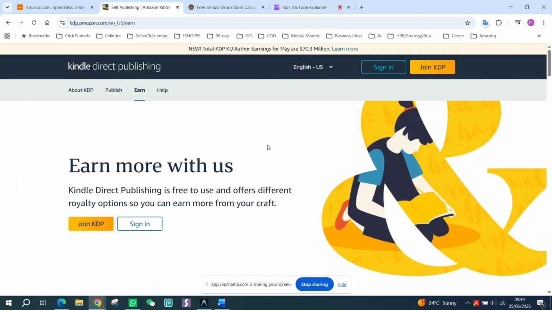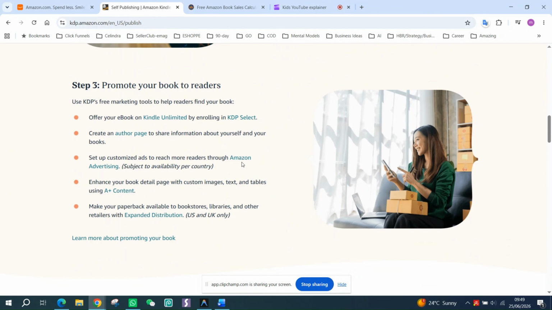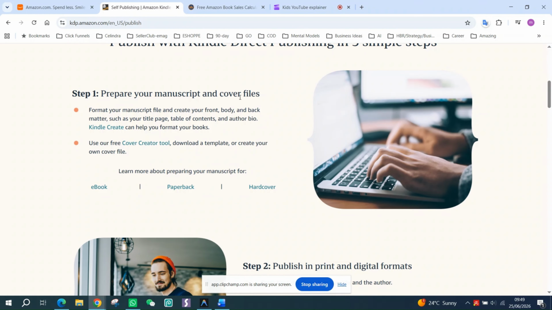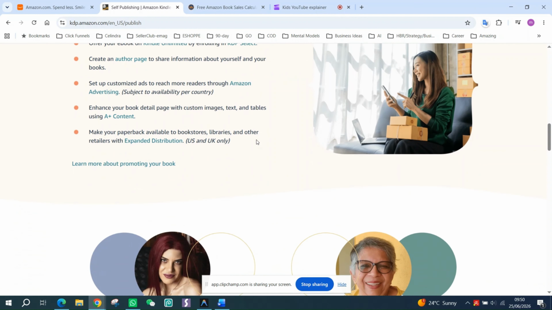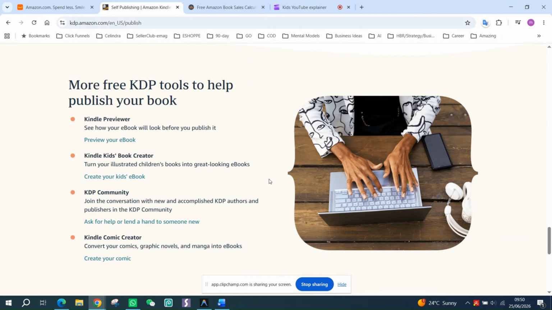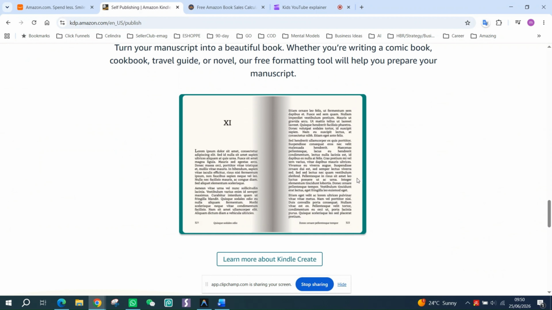Okay, so this is where I wanted to start from with KDP, and give you this quick introduction into KDP. They actually show you here, under publish, the 3 simple steps to create the manuscript. These are the steps, but of course you have to go into details and in the end be able to publish a book. But it's not necessary. This is what is called, if you want, a high-end book, right? Because it contains a lot of information.